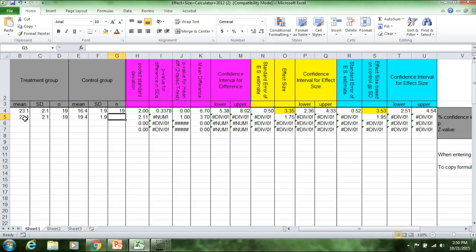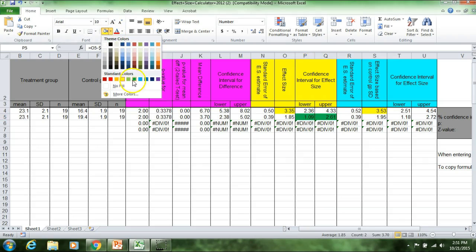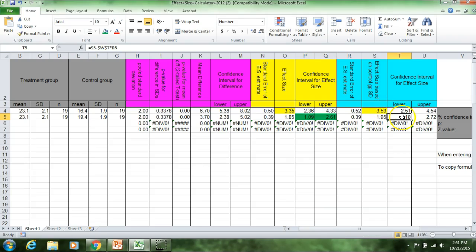If we take a look at the second row, you will see the confidence intervals being calculated here and here, right? So what can we say? Does the confidence interval cross zero? The answer would be no, right? Because it doesn't cross zero, we're 95% certain that the parameter that we're assessing falls within